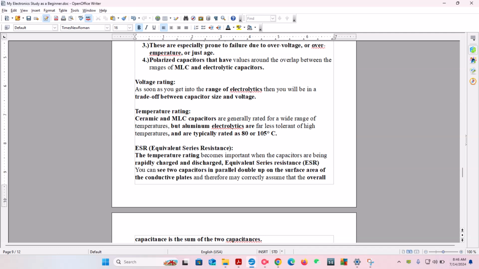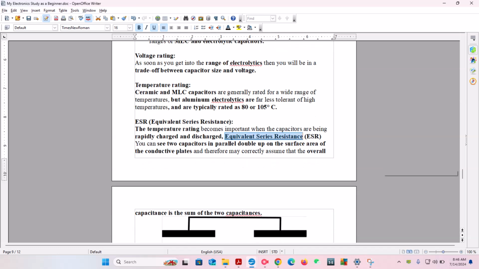So again, that's equivalent sized resistance. Okay, ESR. You can see two capacitors in parallel double up the surface area of the conductive plates and therefore are correctly assumed to have the overall